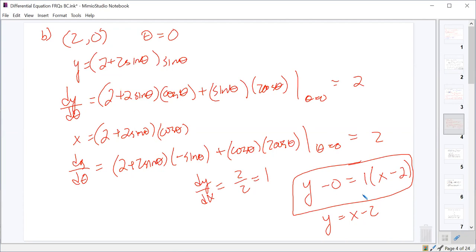Everybody good with that? And I think there was something about the area also, right? A fair number of people did your dy/dx, got your value there, fine, or just found dy/dx but didn't plug in to get the equation somehow. I don't know if that was a time frame thing. But the rest of this one, I don't know how many people got this right, but the rest of it seemed,